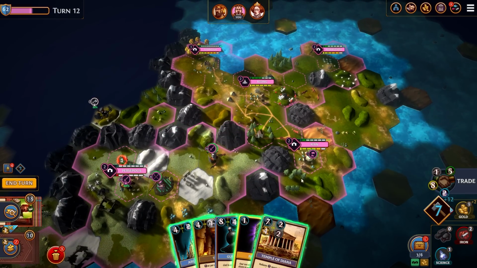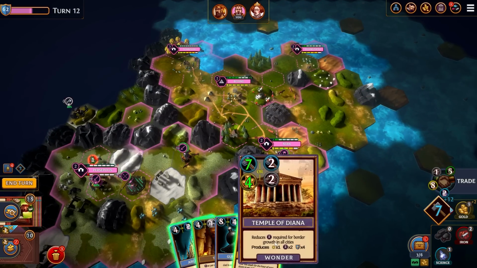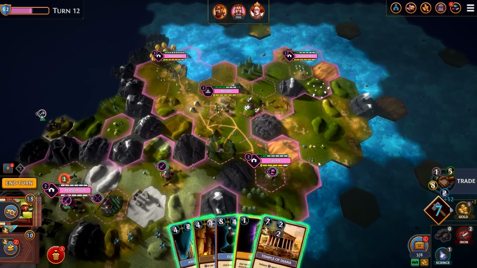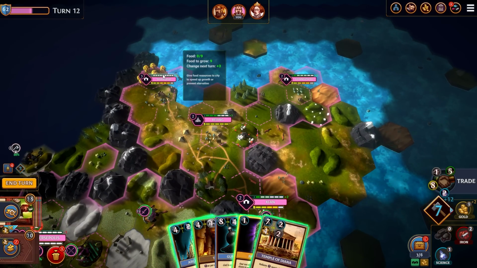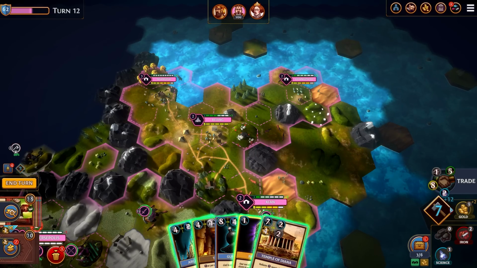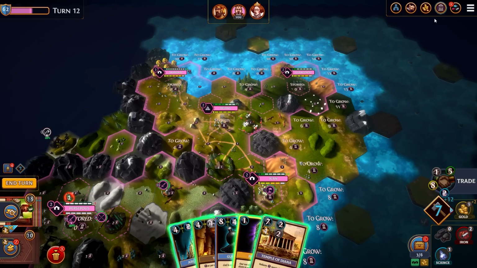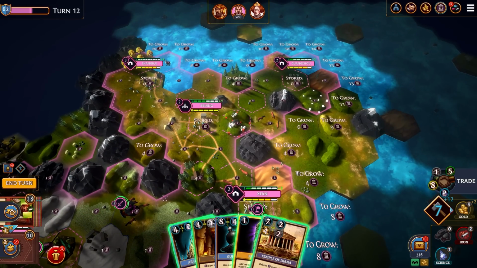And what I could do still is, because I have the extra hammers, I didn't have to use excess hammers to build this. I could also build Temple of Diana. Reduces culture required for border growth in all cities. That's one thing I didn't really mention is culture. Culture is required to grow your borders. Culture, it's gained from buildings, from wonders. And in order to grow to specific borders, you need to have a specific amount of culture stored in a